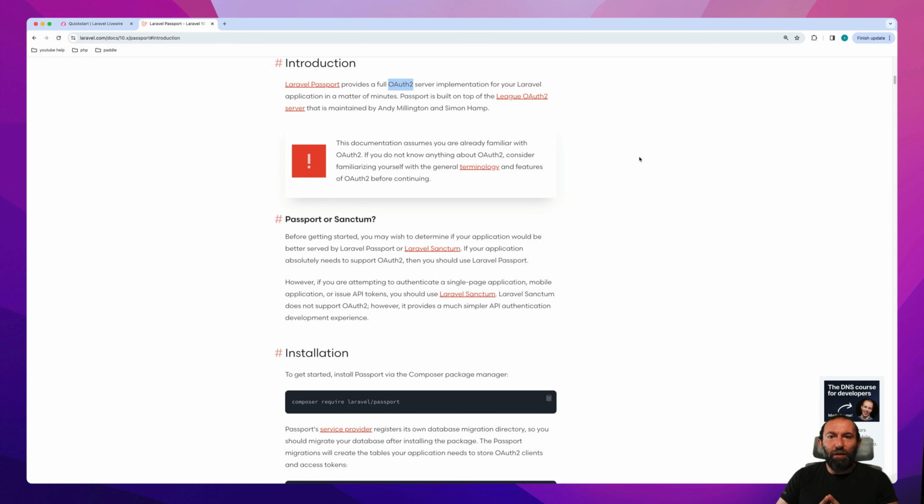So for example, if you used Facebook login or Google login somewhere in the past or even now, and you authorize an application by Facebook or Google to log in with your credentials, this is OAuth